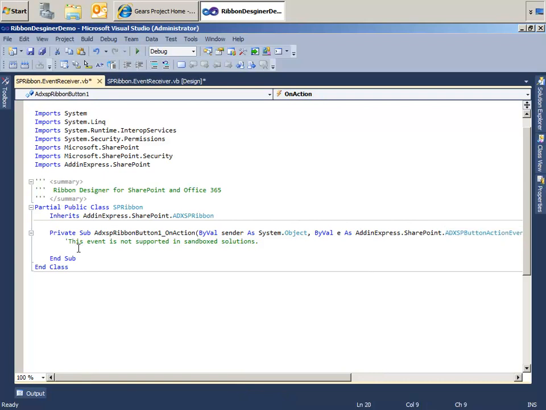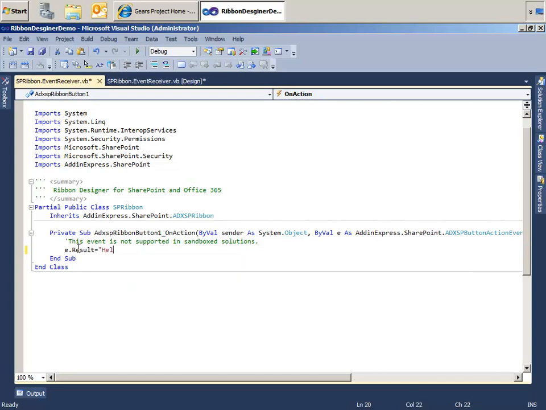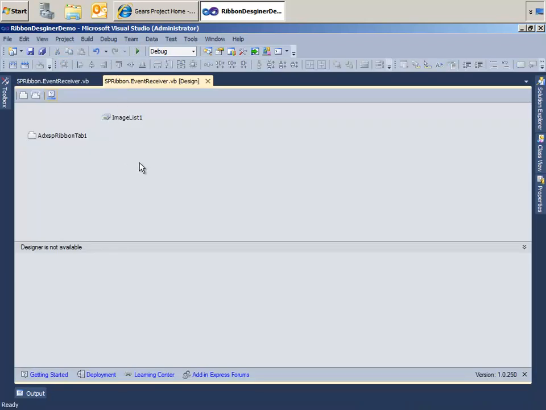And we can use a property that's available with this E object, and what the result property is, it gets or sets a string passed in response to the postback. So in response to the on action, I can use the very well known hello world and pass that back. So I'll go ahead and save everything, and we'll move back to the Ribbon Designer design surface,